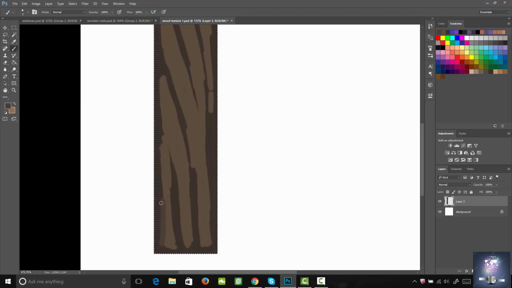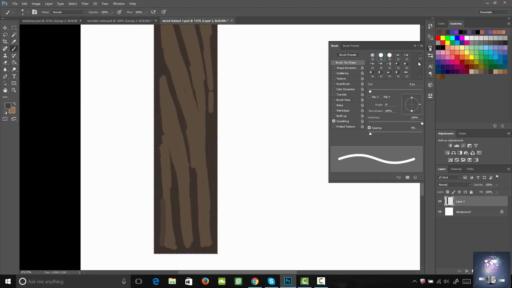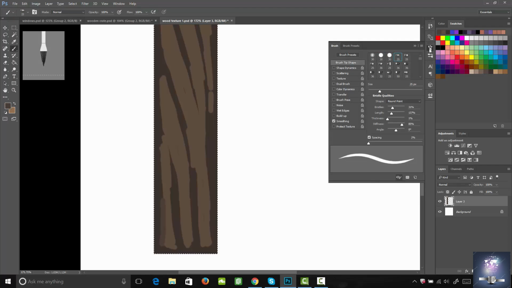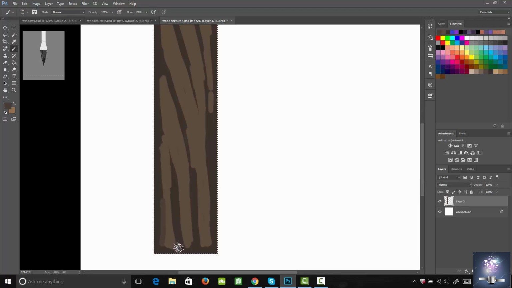Now I want to switch my brush over to more of a paintbrush. Right now I'm on this hard edged brush. I want to switch over to this guy right here, and that's just going to allow me to get more organic and wispy type of brush strokes. So now we're just going to kind of randomly paint the edges of these in just to blend it in